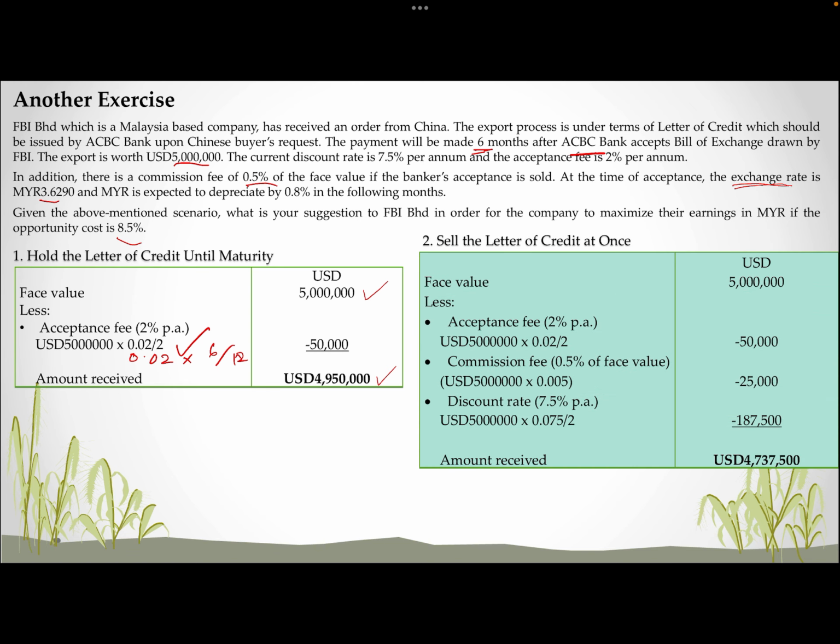If we sell today, so the face value minus the acceptance fees, 2% per annum, 5 million times 0.02 divided by 2, 50,000. Commission fee 0.5 of face value, so times 5 million, 25,000. Discount rate 7.5 per annum, you will get 187,500 and the amount of receipt is 473,700. Okay, and then